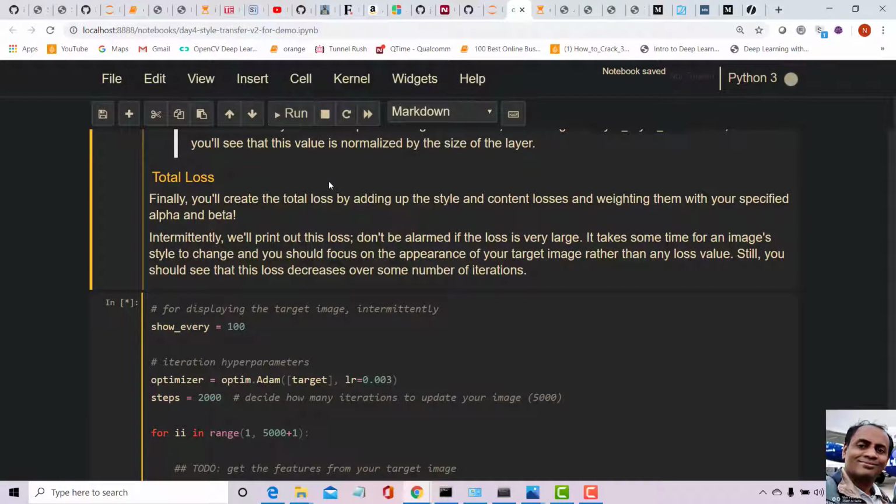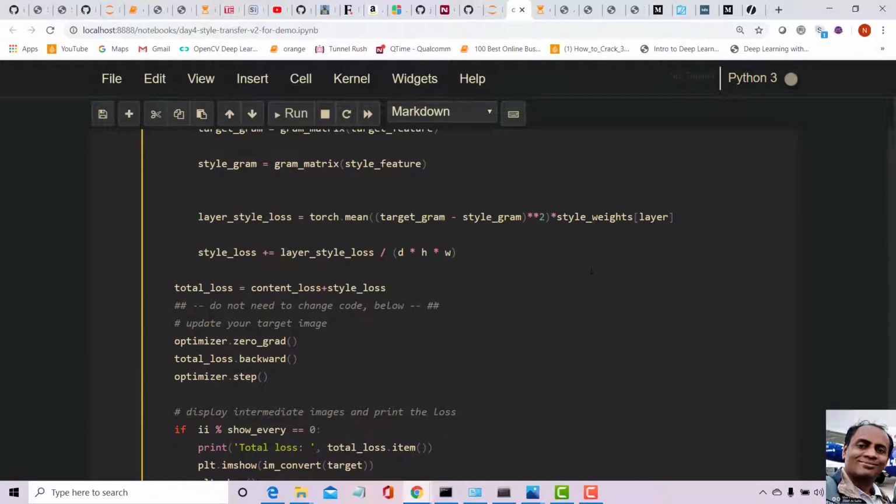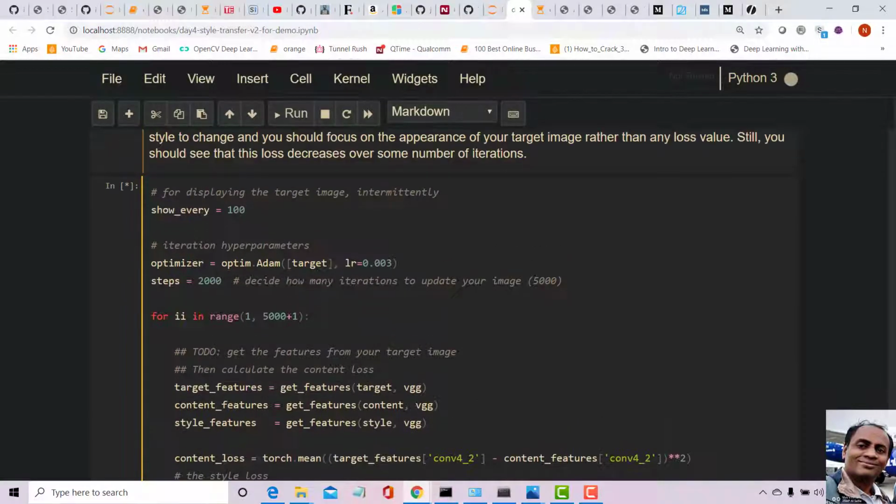Okay, so now let us run this. It is going to take a long time. It started running and I'm printing the loss. Say I'm running for 5000 iterations, but you could run it for fewer. And what is interesting here is, note that we are not changing anything in the VGG network. We are just simply using the features of the VGG network, and what is being updated as we train is not any neural network. Here what is being updated is the image. Okay, that's an important thing to remember.